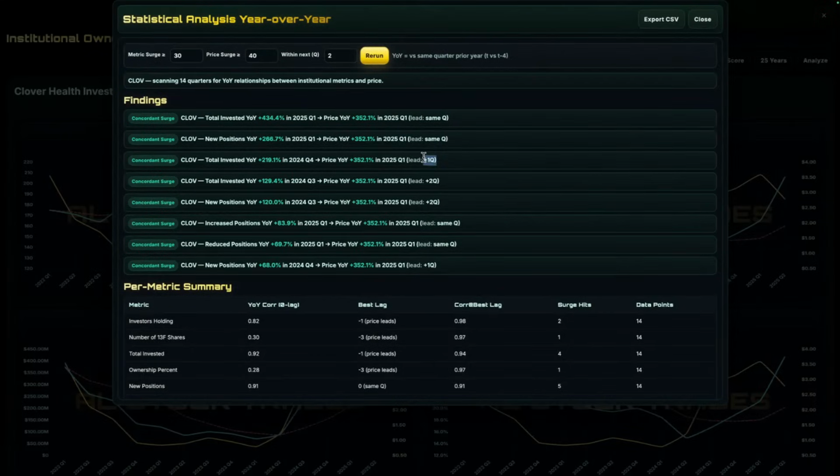If it's a positive quarter or two positive quarters, it shows you that this is a leading indicator. It shows you that total invested went up first, and since it goes up first, then the stock price went up second. And it led by a quarter or two. And you can set the parameters here to rerun the analysis. So you can see how you have access now to leading indicators. And this is what Jim